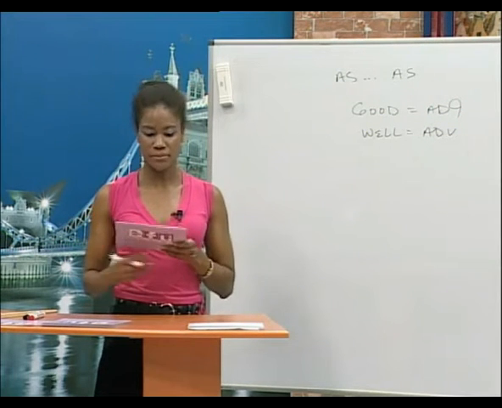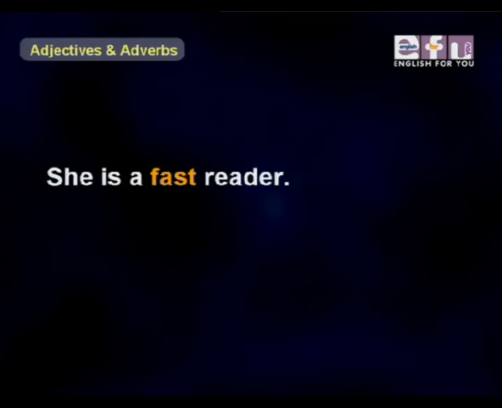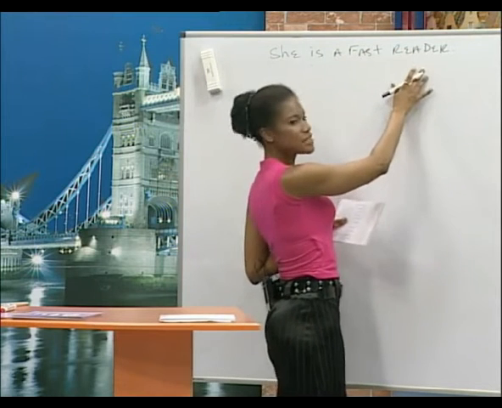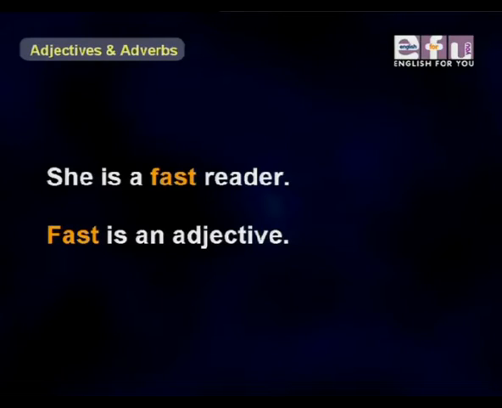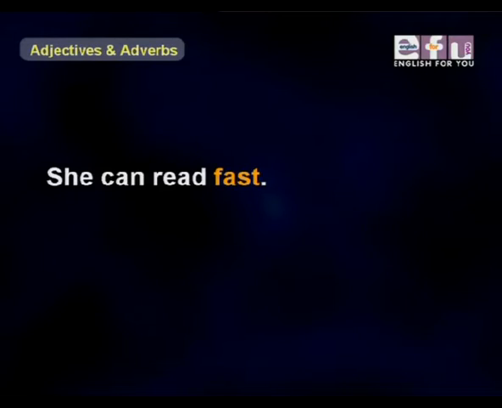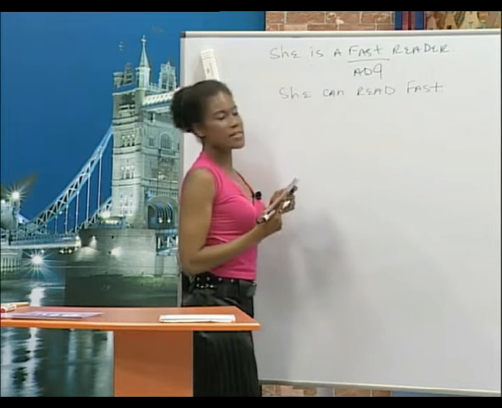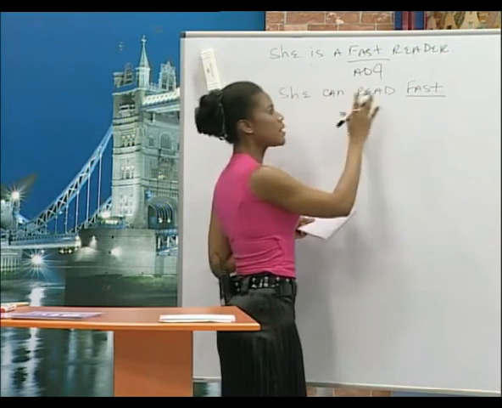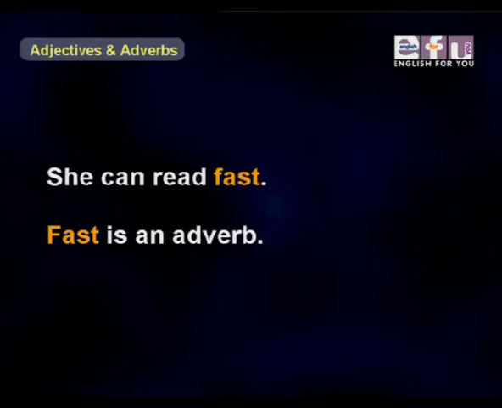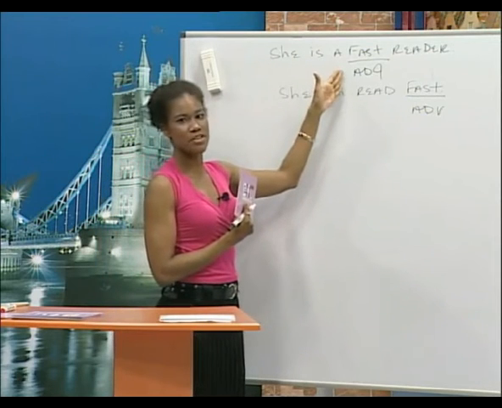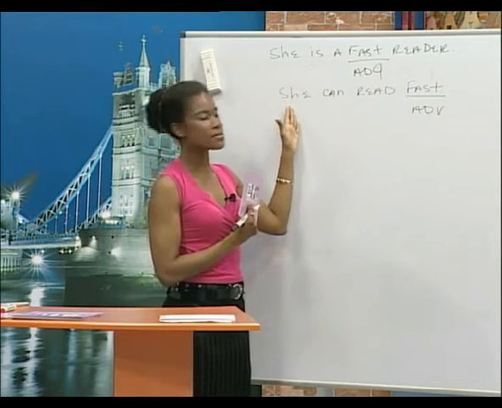Let's look at these sentences again. Okay, first we have, She is a fast reader. Fast is describing reader, which is a person, right? Not a verb, it's a person, so it's a noun. So that means fast is an adjective. Okay, next example. She can read fast. This is saying the same thing, but this time, fast is telling us how she reads. So it's telling us about the verb. So fast is an adverb. So let's review. She is a fast reader, fast as an